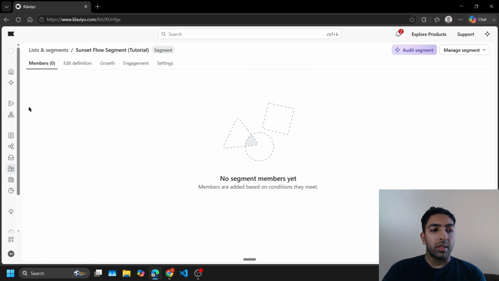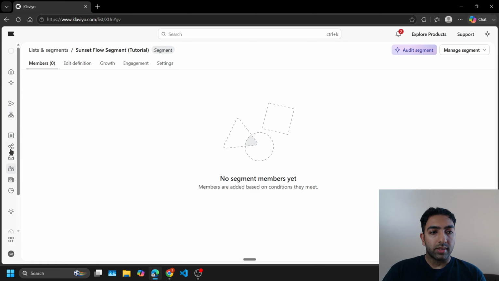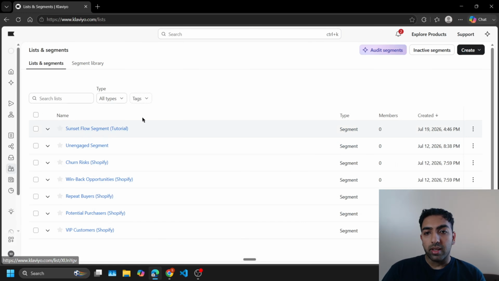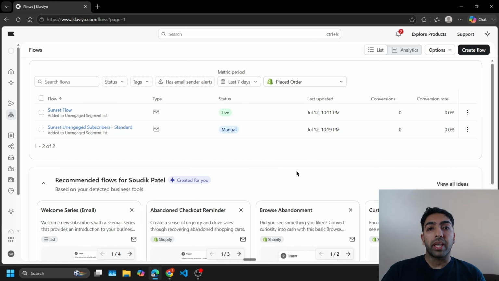So as you can see, the segment has been made. So this is the segment here, and we can see in our sidebar, if we go to lists and segments, that it appears there. So the next thing we want to do now is create the actual flow. So I'm going to go to the sidebar again, click on flows, and there is a flow template for this, but for this tutorial, we're going to make it from scratch. So we go to create flow in the top right hand corner,